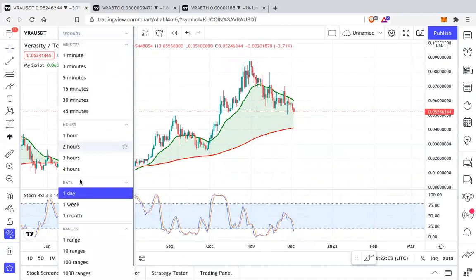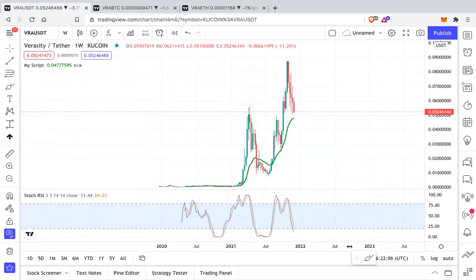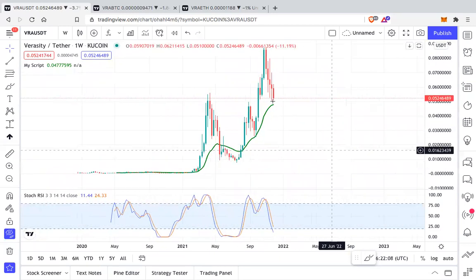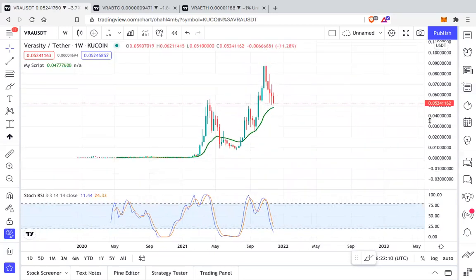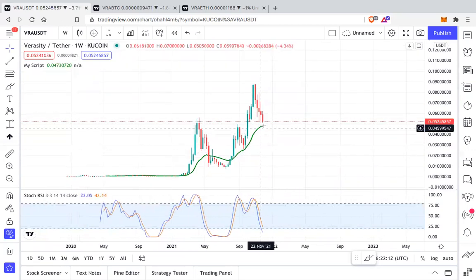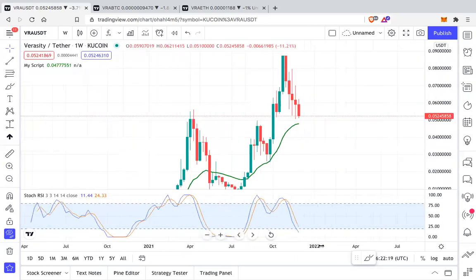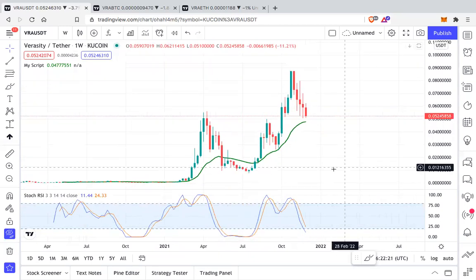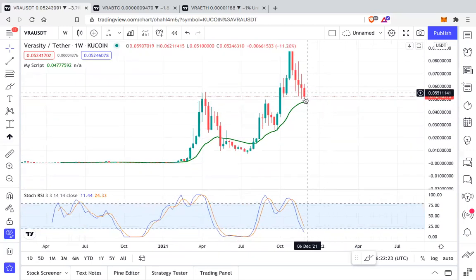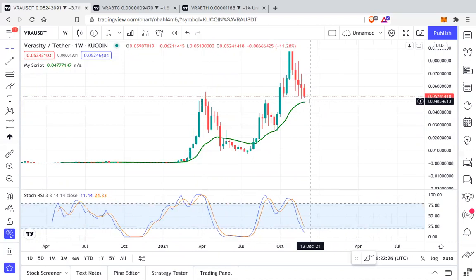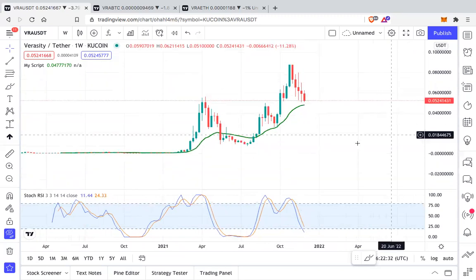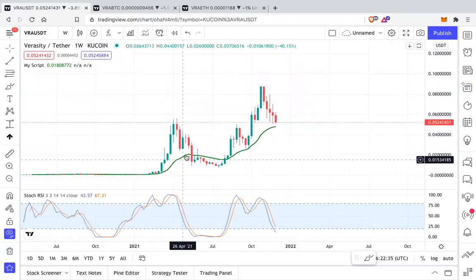If I look on the daily chart, if I look on the weekly chart, just look at this. We have not even come down and retested our 21 EMA. Holding 21 EMA is extremely bullish. Of course, we should hold it on daily to be parabolically bullish. Currently, we are not, but on the weekly, our 21 EMA is sitting at around 0.047 to 0.048. So on the weekly, we are still technically very much bullish.